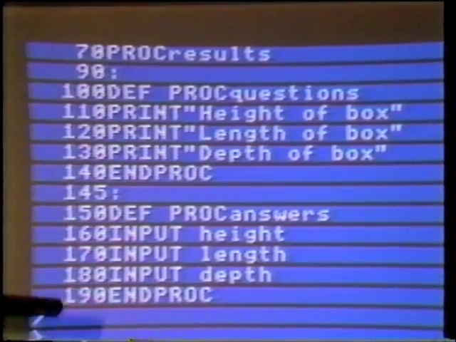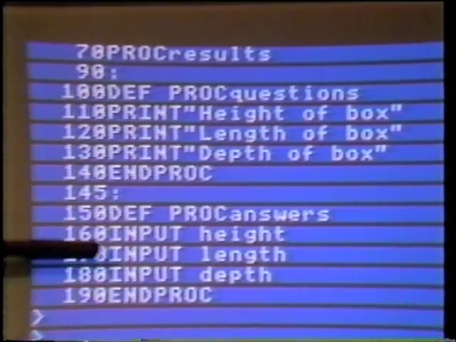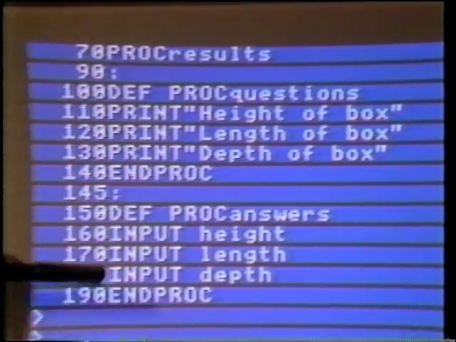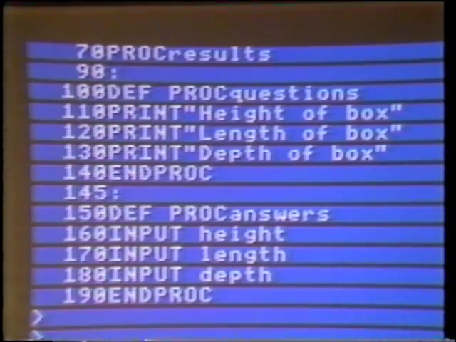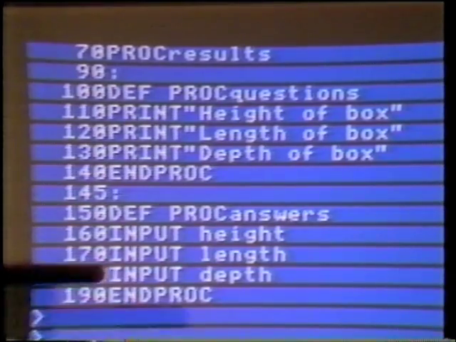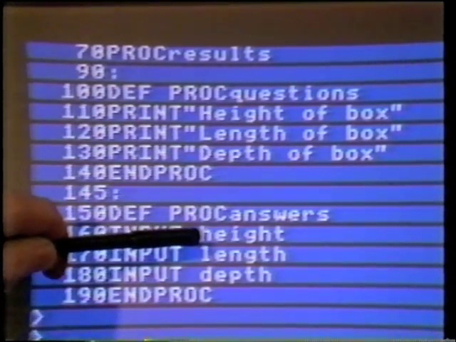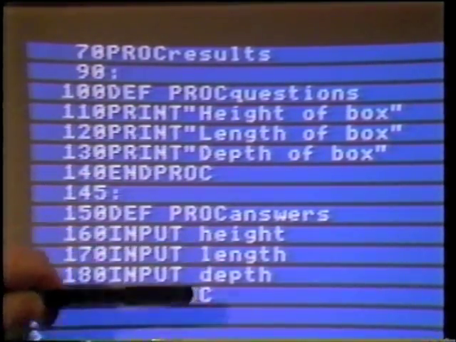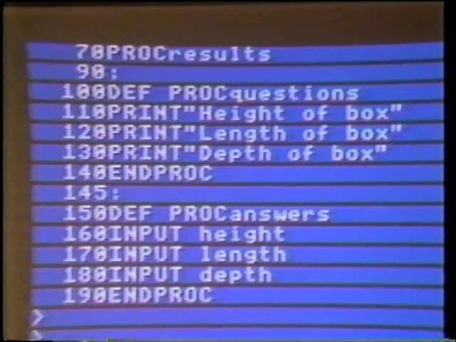Here's our def proc statement and our end proc statement. The 3 statements within this procedure are all input statements, which will ask the user to type something in. What he types in is going to be put into height for the first number, length for the second number, and depth for the third number. Now, height, length, and depth are names that we've thought up to describe these values that the user is going